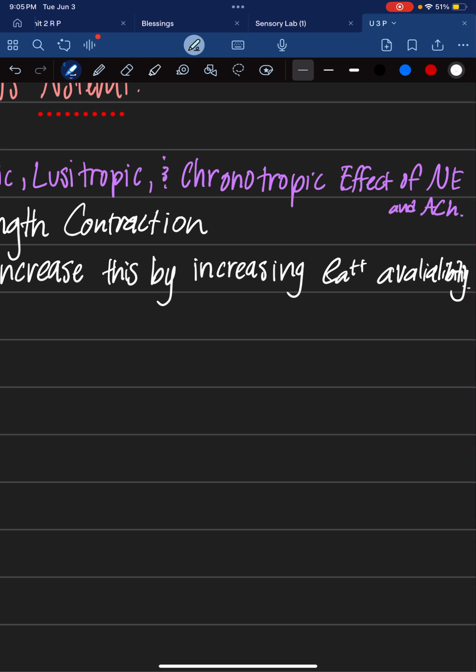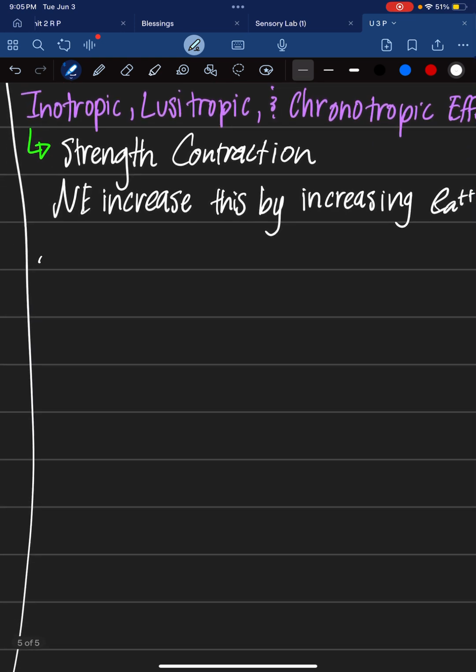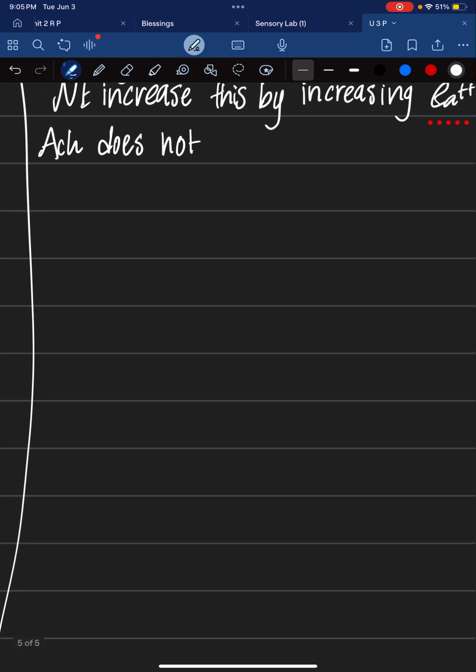Anyways, and then this does not affect the ventricles, and lusitropic is